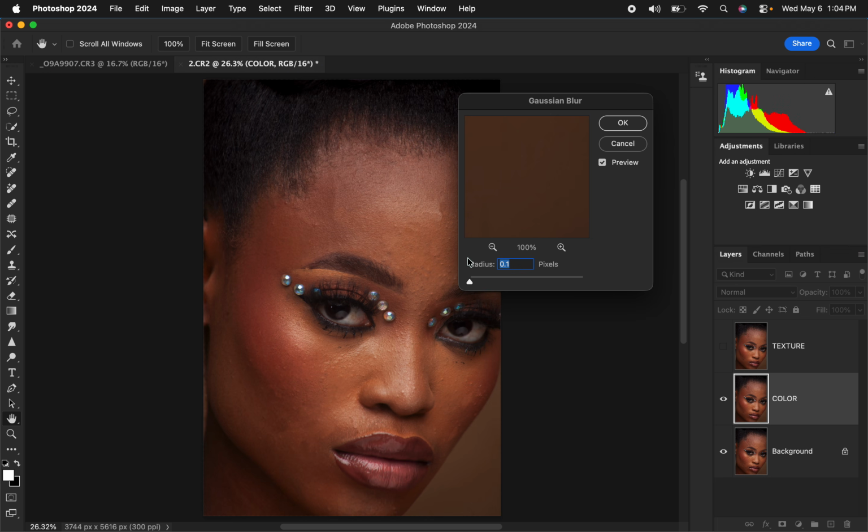Take the radius slider all the way down and click on that area that you feel has more skin details. You can just click to move around and zoom out. I feel like this very area has more skin details than the rest of the image. So what we want to do is blur away